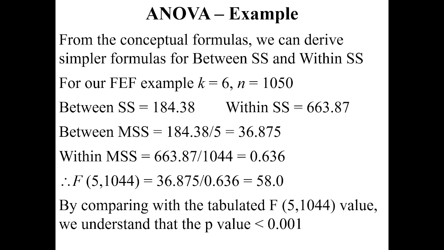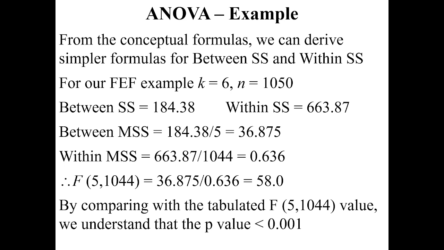So F with 5 and 1044 degrees of freedom is equal to 36.875 divided by 0.636, or F is equal to 58.0. This is the statistic or ratio that you have calculated based on your data. Now you compare it with the tabulated data with an F distribution with 5 and 1044 degrees of freedom. You realize that this 58 can happen if the null hypothesis is correct only in less than 1 in 10,000,